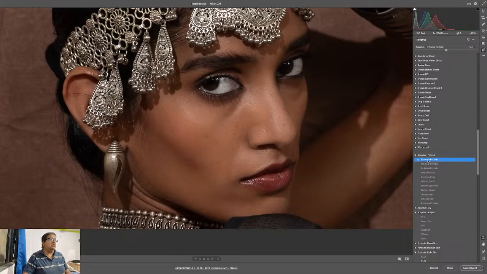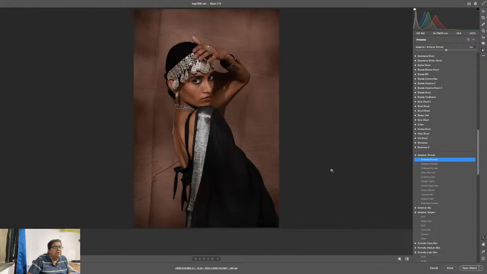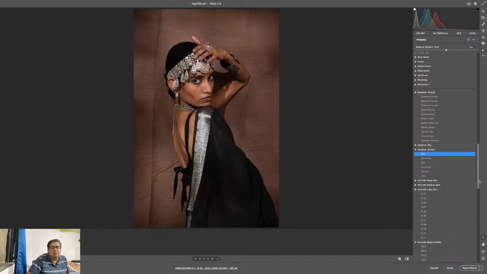I'll give an enhanced look to it because this is more of a dark background, right? Then I would like to give it a pop as well. So generally what I'm feeling the theme is that it gives a pop on the highlights only. So if you see, only highlights are getting popped, so I'll give it a pop. Then there are more methods as well which you can